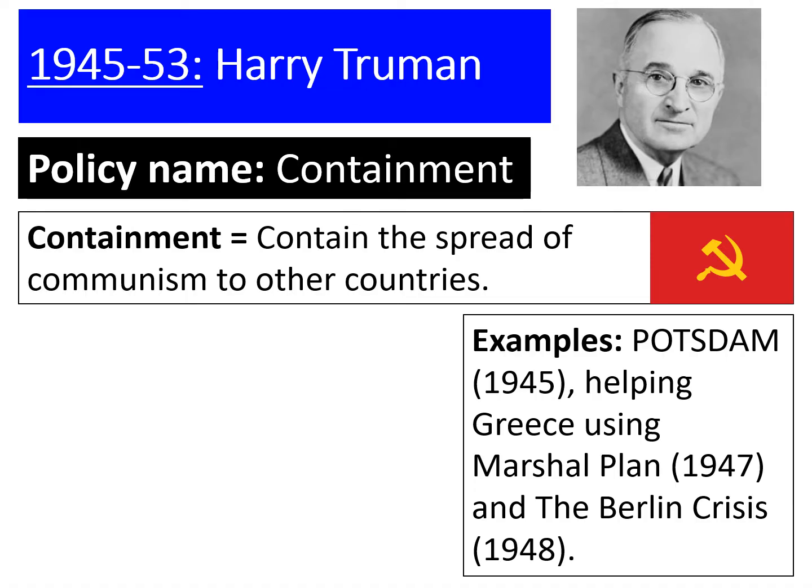It kind of begins with the Potsdam conference, which is the meeting between the Allies just as World War II is ending to decide what to do about Germany. So in Potsdam, it's England, the USSR with Joseph Stalin, who's the leader of the USSR, and America with President Truman.